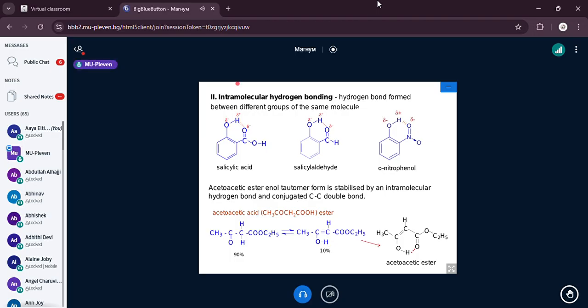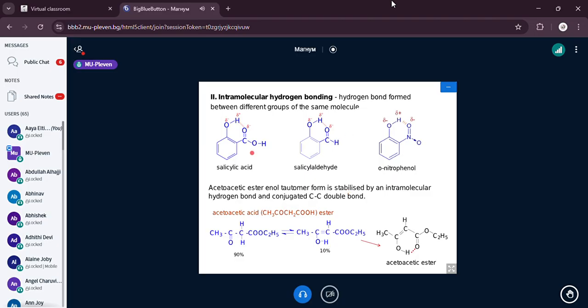For example, salicylic acid. The other name of salicylic acid is ortho-hydroxybenzoic acid. Salicylaldehyde, we can name it also ortho-hydroxybenzaldehyde or